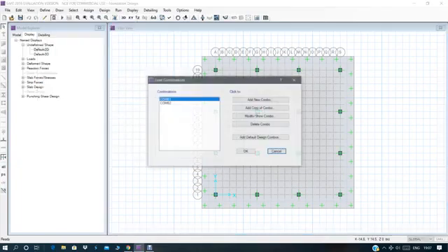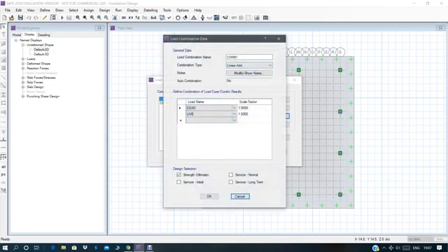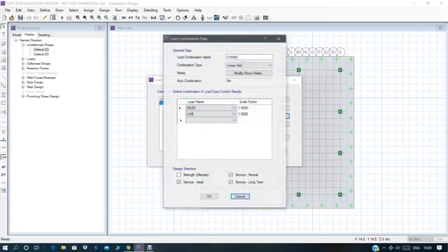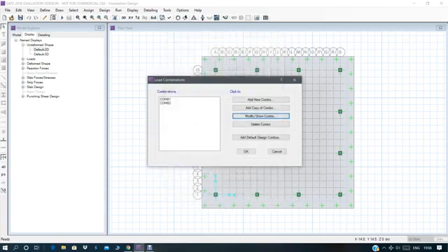Then load combinations. So there are two types of combination as per IS 456. Ultimate load combination, which is combination 1. Here in ultimate load combination, the scale factor for dead load and live load is 1.5 respectively. And here strength ultimate design selection. In combination 2, that is combination for serviceability, the scale factor for dead load and live load is 1, and linear combination type. And here in design selection you have to take all service normal, service long term and service initial.